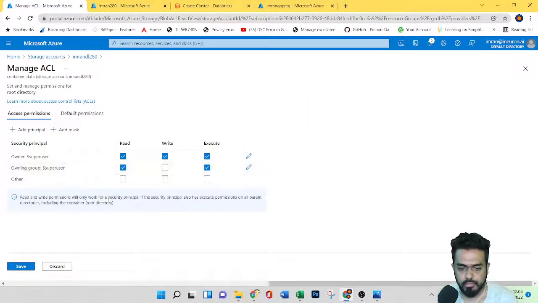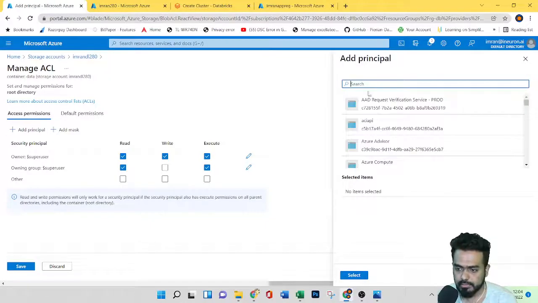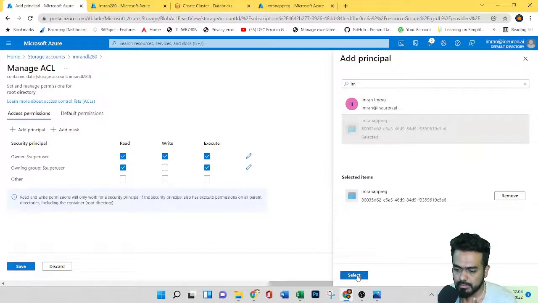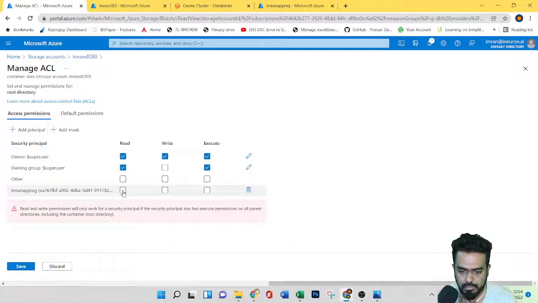Here we need to add whatever we have just created, the app registration. So let's click on add principal. I'll look for whatever I just created, that is Imran app registration. Select that, and add the read, write and execute permissions. Let's click on save.